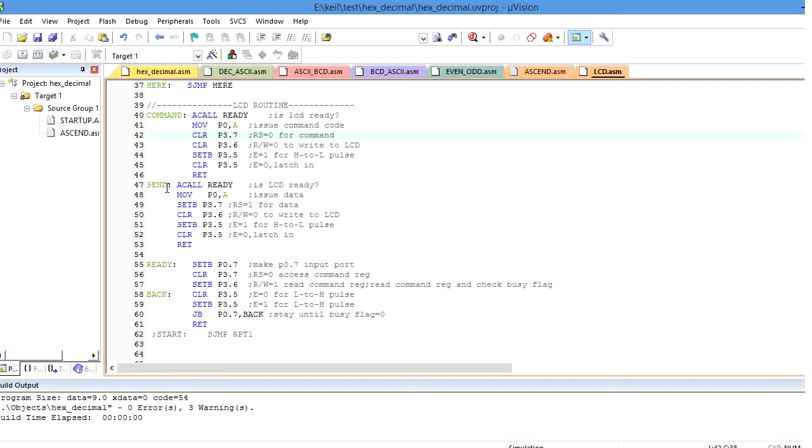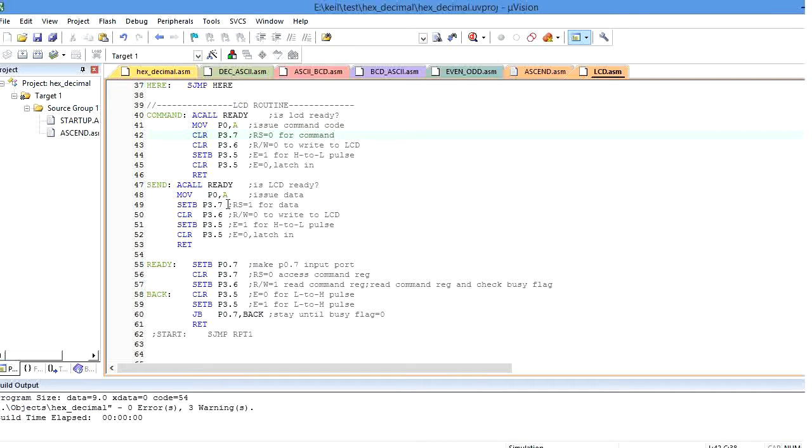Whenever it is called, first I have to check whether my LCD device is ready by calling the ready function. As I already explained, the ready function configures the LCD device here. After that, whatever the accumulator contains is a data value that I am going to copy to the port 0 register, because port 0 is interfaced to all the data lines of the LCD device.